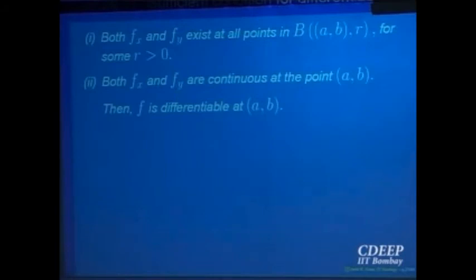Right? So when you want to prove differentiability, you have to write f(a+h, b+k) in terms of error functions. You have to explain it in terms of those error functions, right? Expand it. So now our job is, from the given conditions, to write that difference f(a+h, b+k) minus f(a, b) in terms of h fx plus k fy plus some error. All those things I have to find out, right? So let us start how the proof should start.